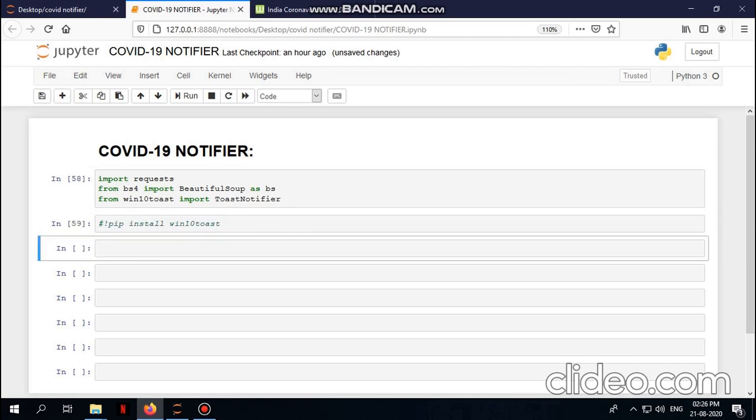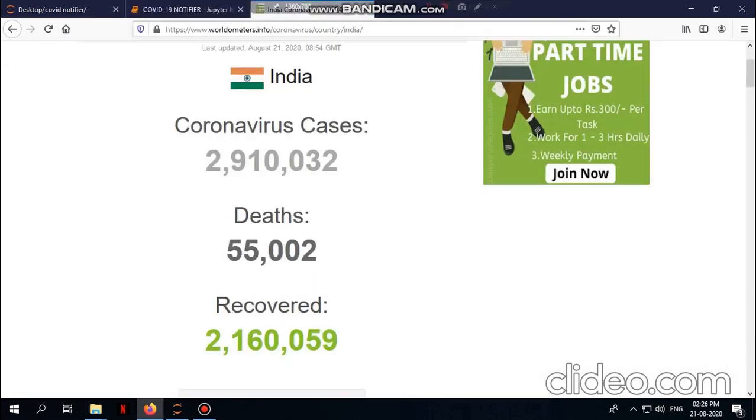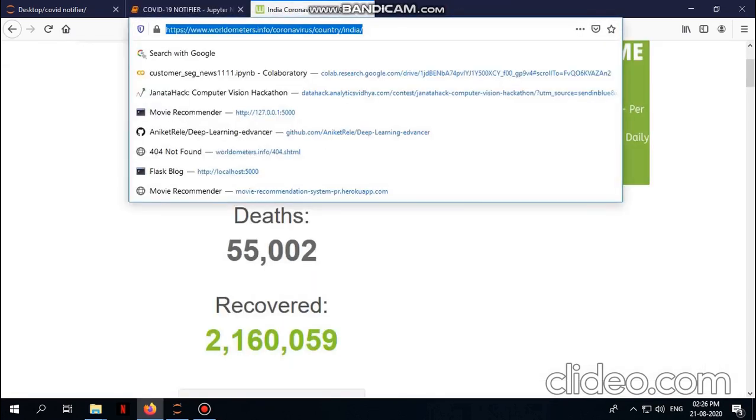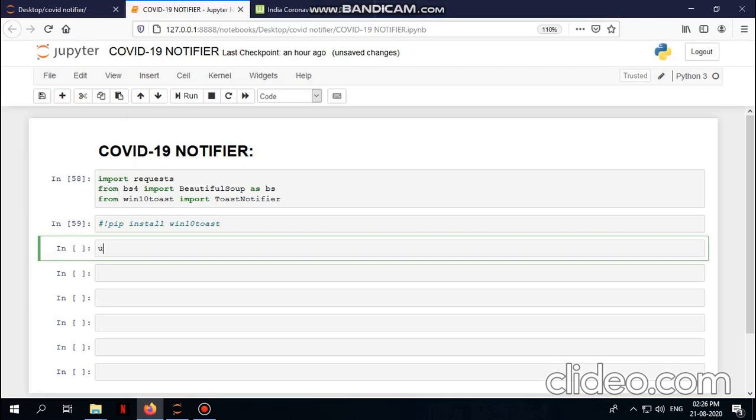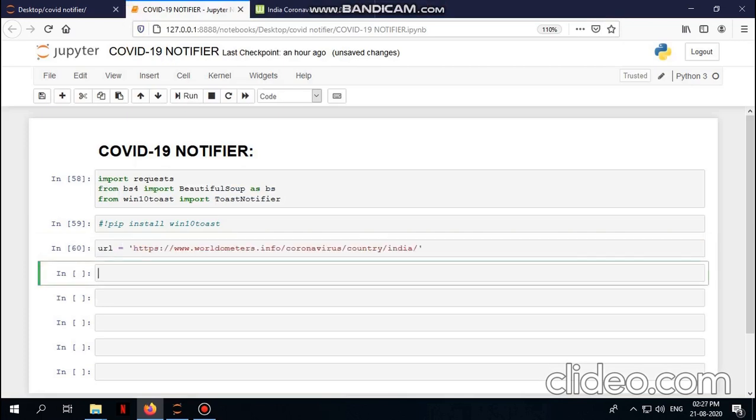So first what we're going to do is take the URL of this website, and we're going to make a new variable called URL. Okay. Then we are going to give a header, which will contain our browser's user agent, which for me is Mozilla. It might vary from PC to PC, actually from browser to browser, I'm sorry.